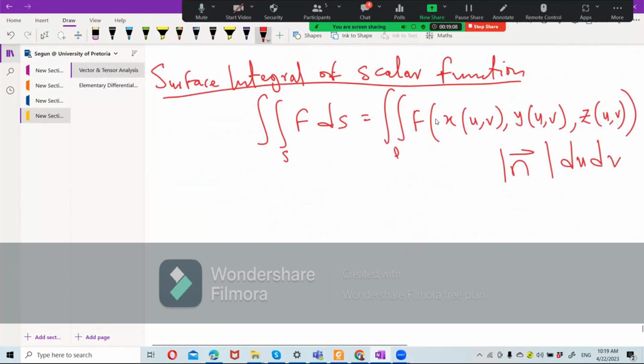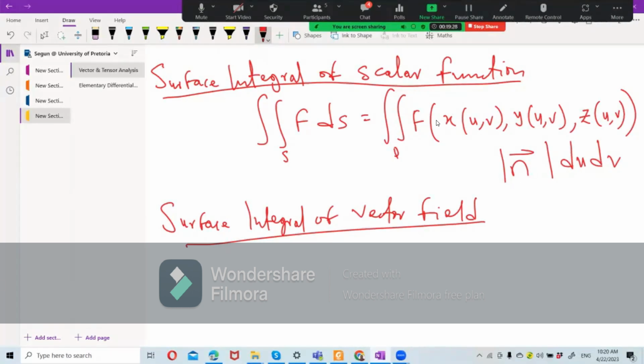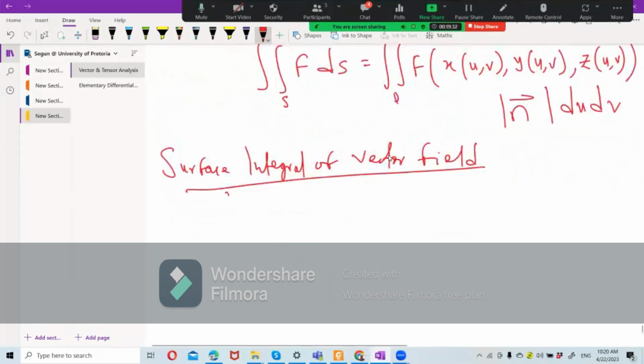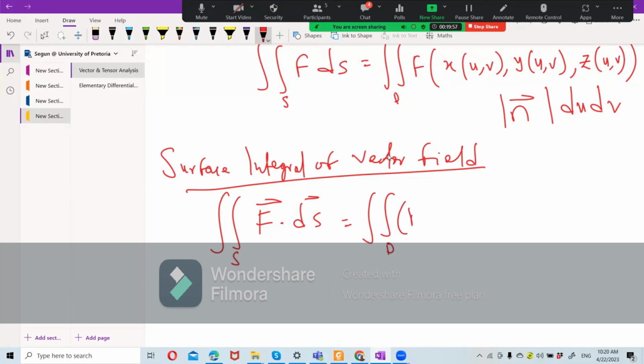You can also ask us to look into the surface integral of a vector field. For the vector field, we're talking about the integral over S of V dot dS, which equals the integral over D of F dot normal du dv,